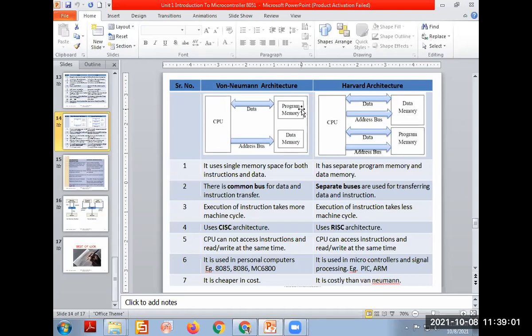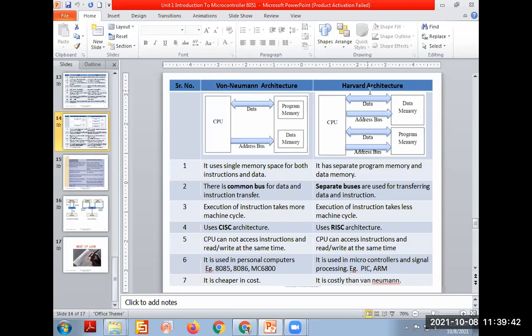So it might be ROM, EEPROM, or only PROM also. That is all our program memory. But in case of data memory, RAM is called data memory. When the ROM and the RAM, meaning the data memory and the program memory, come on a single chip, that belongs to the category of the von Neumann type of architecture. Clear? When the program and data memory, RAM and ROM, are in the same single IC and connected with the address bus and the data bus, that comes under the von Neumann architecture.